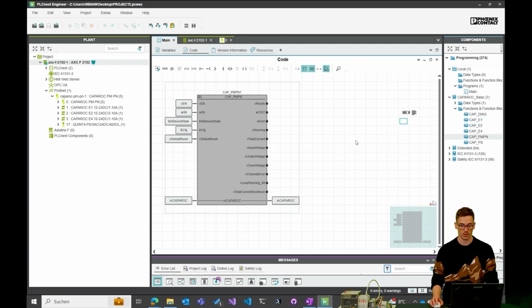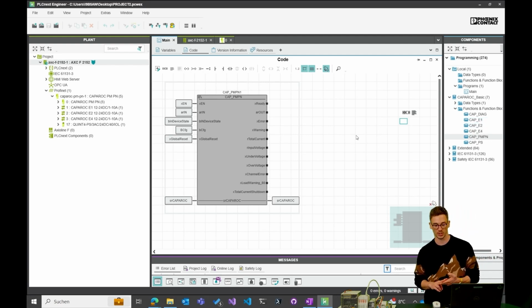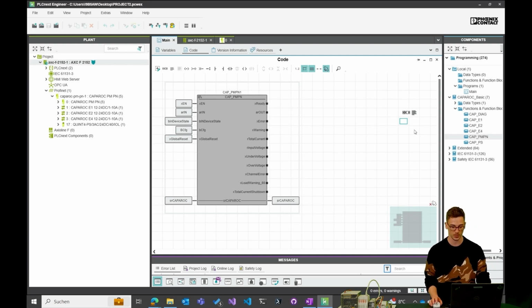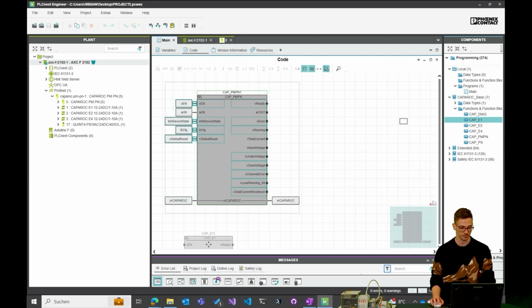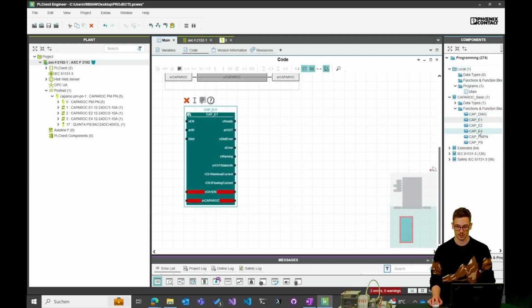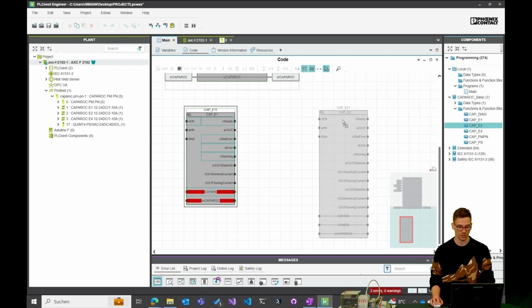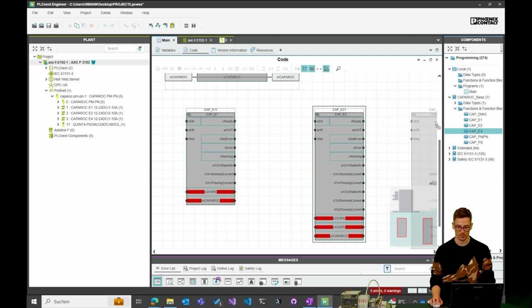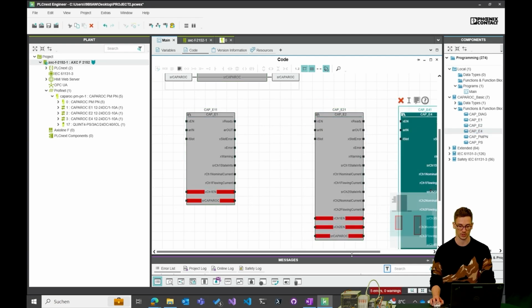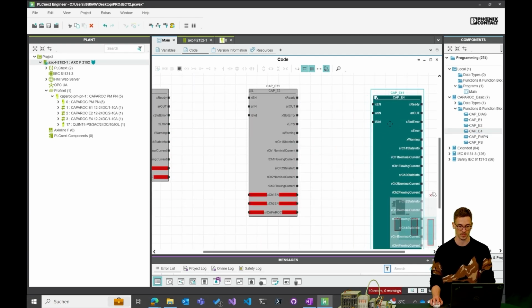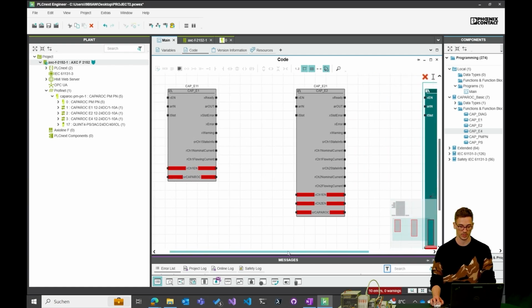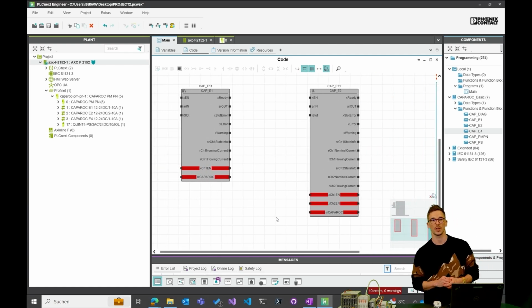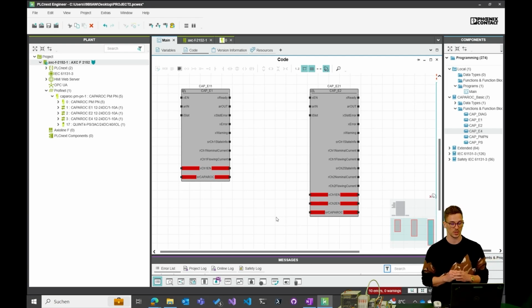Because we're using 1 channel, 2 channel, 4 channel circuit breakers here, so 3 circuit breakers, we have to use the Caparog E1 for the 1 channel, then the Caparog E2 for the 2 channel, and then finally the Caparog E4 for the 4 channel circuit breakers. So they all have different data types as input variables, input data.